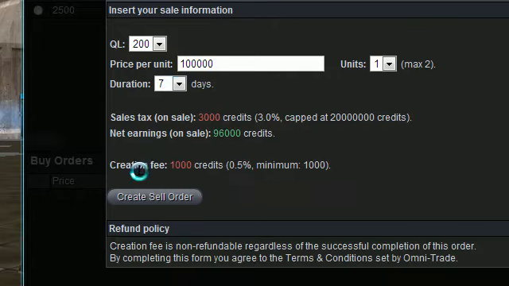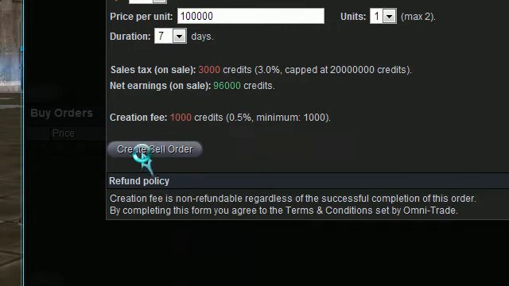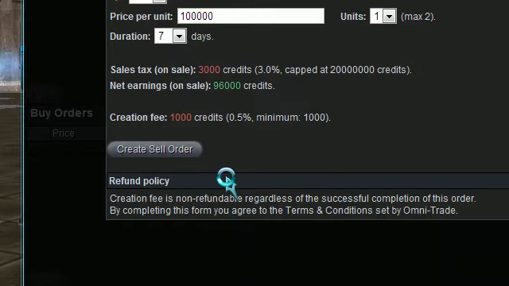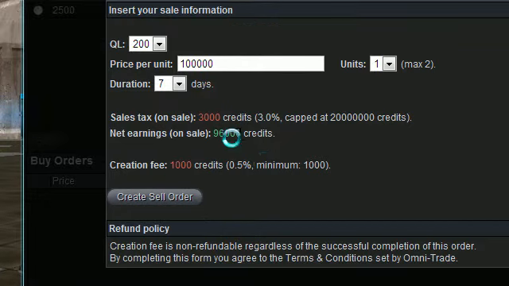And please make note, because this is very important. Whenever you put an item for sale on the GMI, there is a creation fee. And that creation fee is non-refundable, regardless of whether or not the item sells. So you have to understand that. That creation fee varies depending on how long you want to place that sell order out there. It's basically 0.5% per 7 days. So notice for 7 days, it's 0.5%. I go to 28 days, it's 2%. Depending on how long I want to have that out there, that will determine how much it'll cost me to sell it. So in this case, if I chose 28 days, I'd be paying 2,000 credits on my